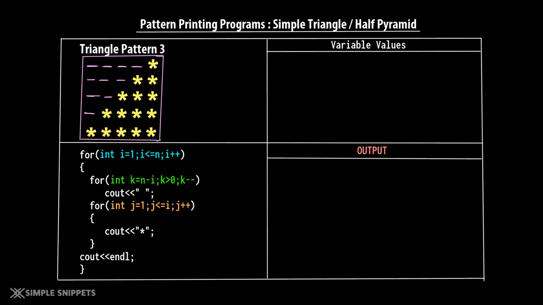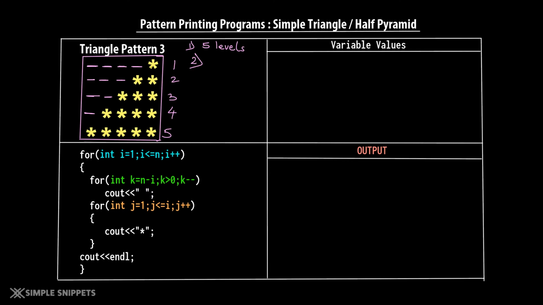So just by analyzing this, you can see that we have 5 levels: 1, 2, 3, 4, 5. When I say 5 levels, it means 5 lines basically. So the first observation that we make is we have 5 levels, so we basically want 5 iterations, right? So what is the second observation?